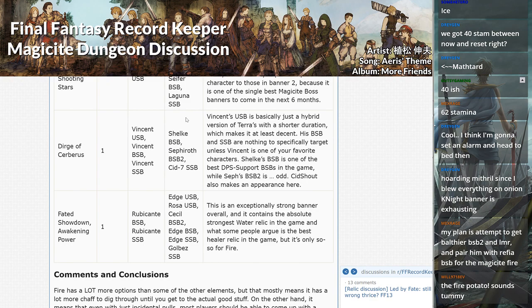Maybe that's taking it too far. She could get close, though. His BSB and Super Soul Break are nothing to specifically target unless Vincent was your favorite character. I disagree with that. For this fight, his BSB is actually really potent, and he even mentioned it upstairs in